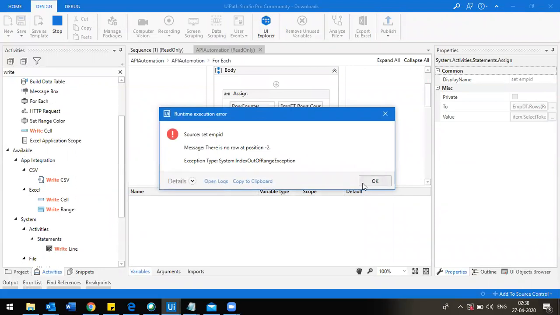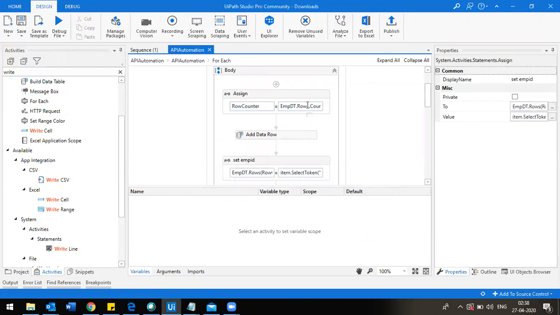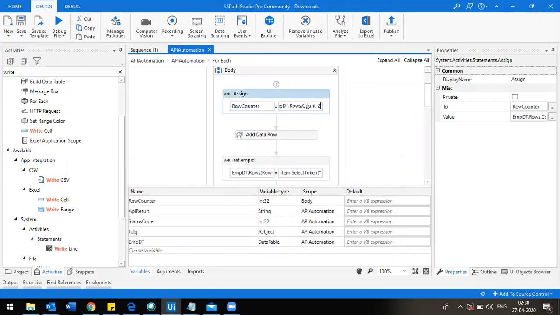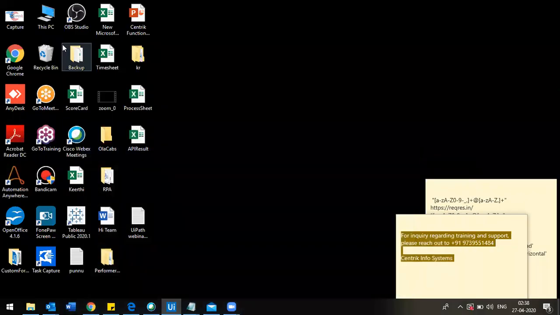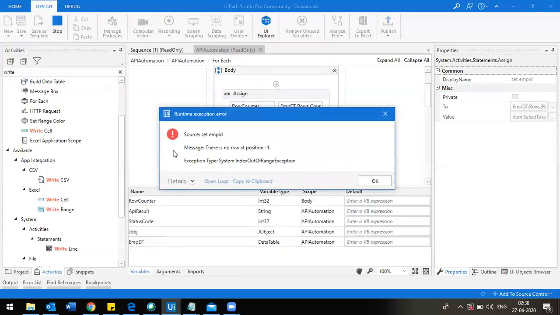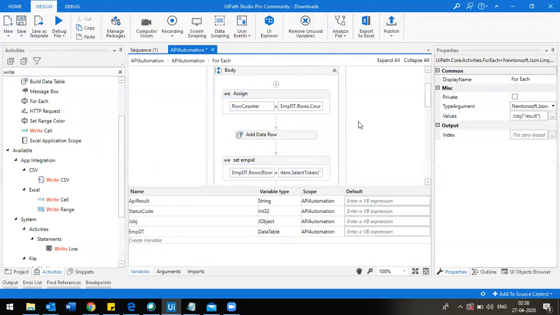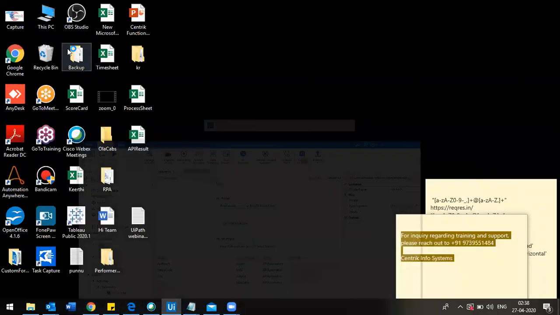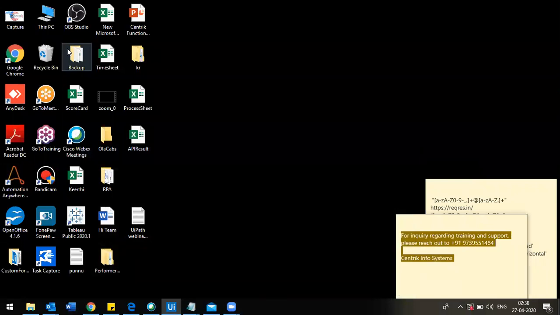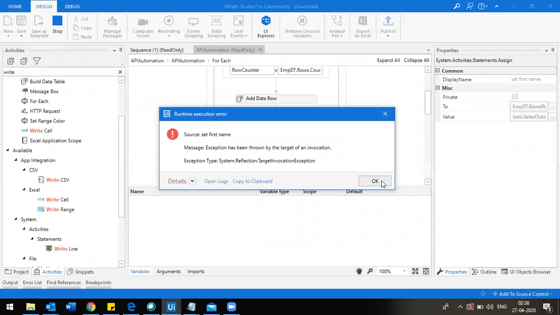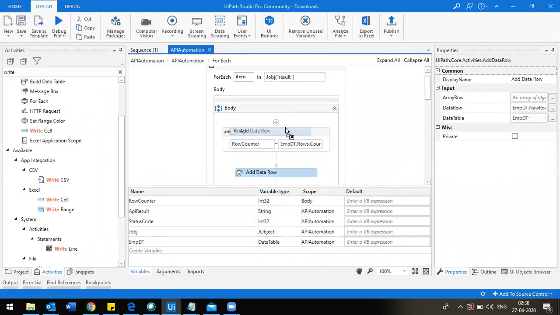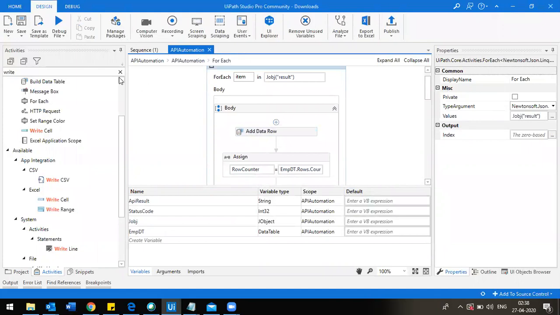Okay, so it says that there is no row at position -2 because maybe it is due to this counter. So -1 also, I'll just delete this. Now we'll see.